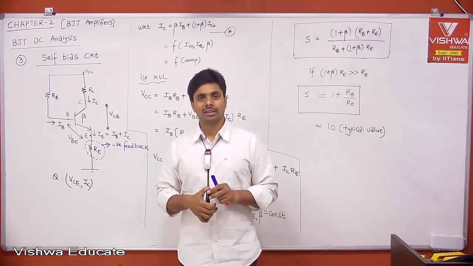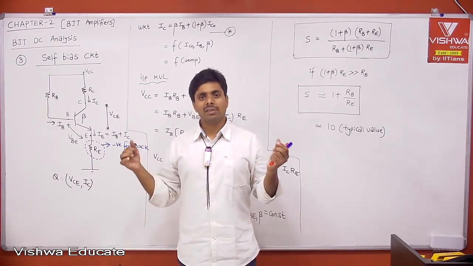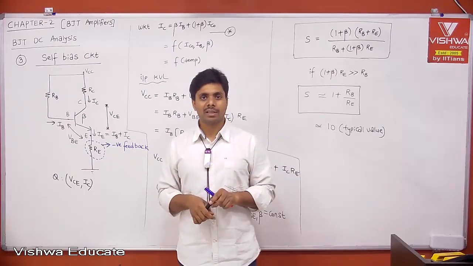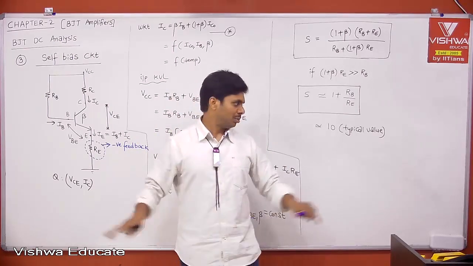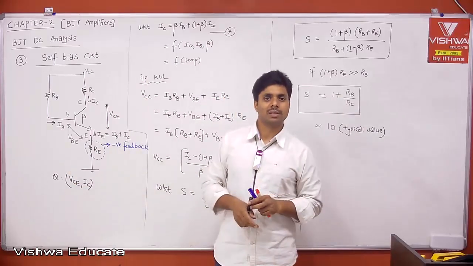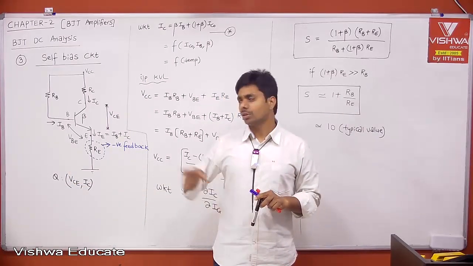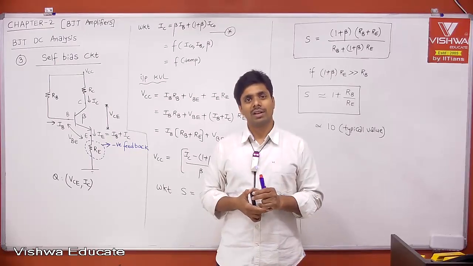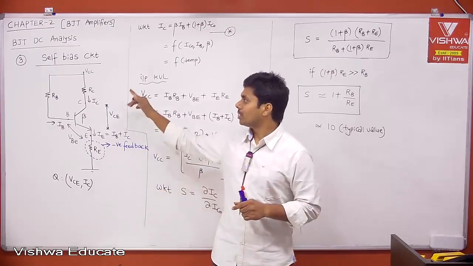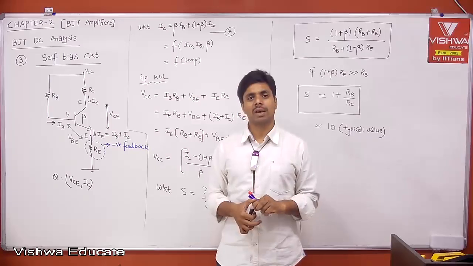Why? Now, if you see with respect to DC analysis, both are exactly the same, assuming both are giving the same stability factor. Then why do people use only self bias circuit? Why not collector to base bias circuit? To understand this,